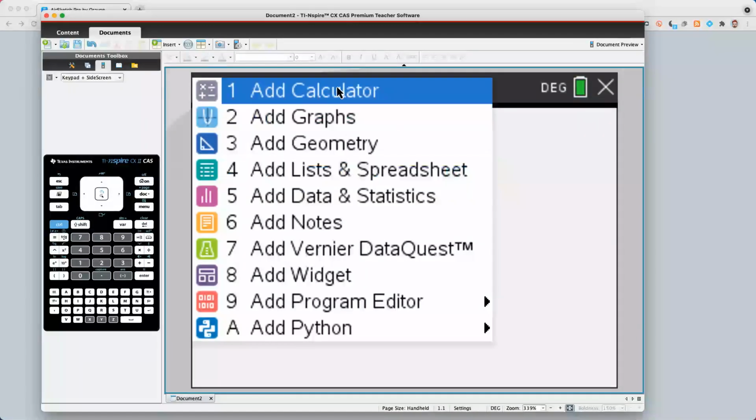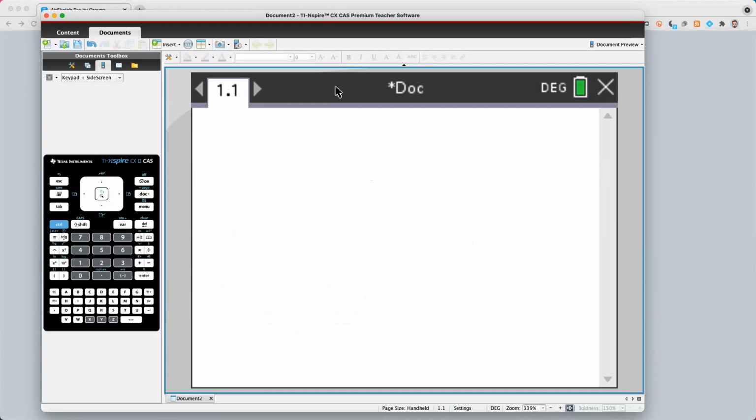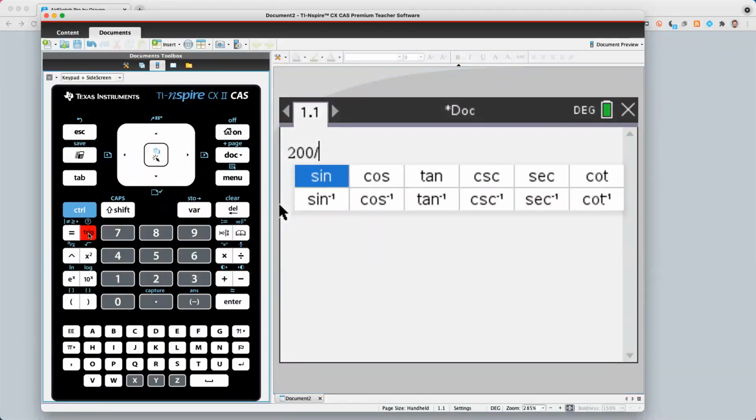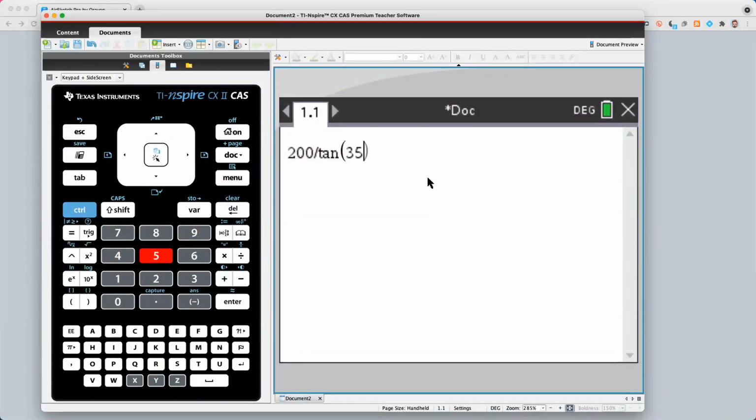So I'm going to create a new document, and I'm going to add a calculator. And you can see I need 200 divided by tan of 35. So I've got 200 divided by, and then it's just over here. Can I make that bigger? Yeah, that's better. 200 divided by, there's a little button that says trig, and there's all the trig functions there. These top ones are your basic trig functions. You only have to worry about the first 3. And these bottom ones are the inverse functions, which I'll talk about in a second. Now, I've already chosen tan, so I click on tan, and then I type in 35. Press return, and it's